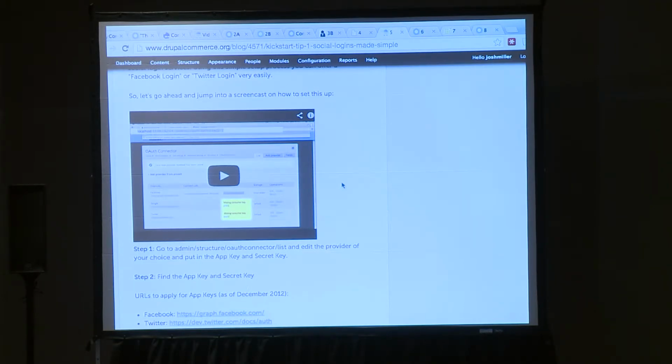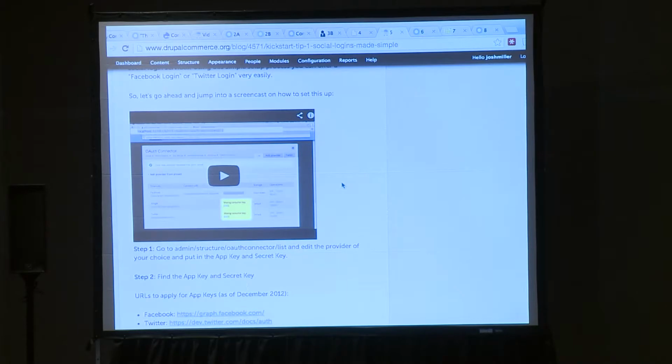And what you do is you click that little icon, it takes you to Facebook, and it says, authorize app. And then it sends you right back to Kickstart 2, and it fills in your information, and you let them pick a password, and you click submit, and they've created a customer profile on the site so that they can check out easily. That's great for your customer because it means they don't have as many logins to remember, and it's great for you, particularly if you get them to do it using Facebook, because that means you get a